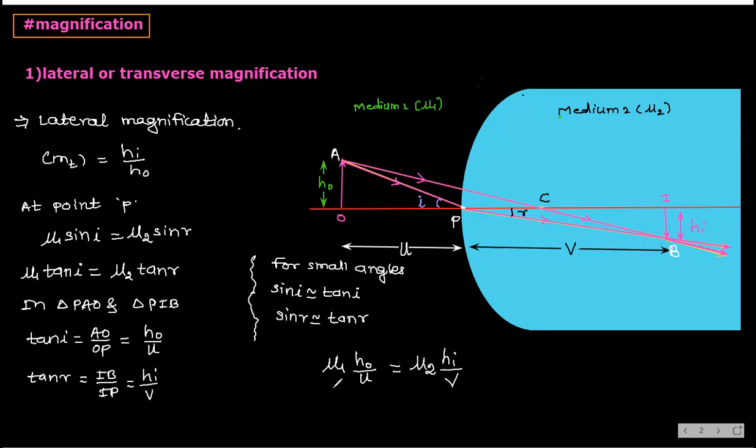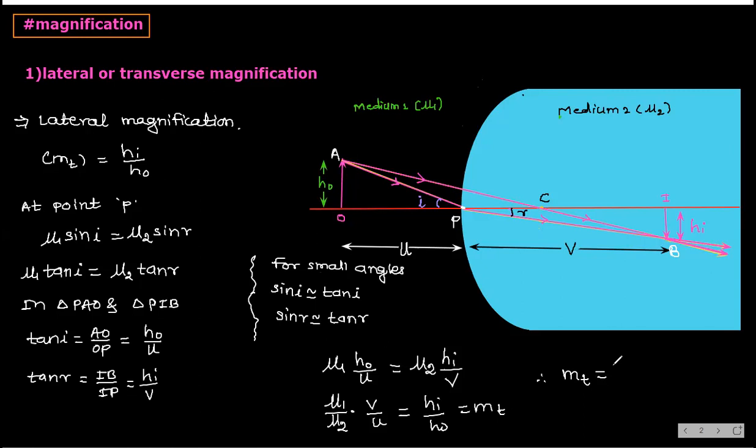अब ये mu2 इधर, this phi either, and this HI and H naught this side. So what I am getting, mu1 by mu2 into this phi here, phi by U is equal to HI by H naught, which is nothing but what? MT. And therefore we are getting formula MT is equal to